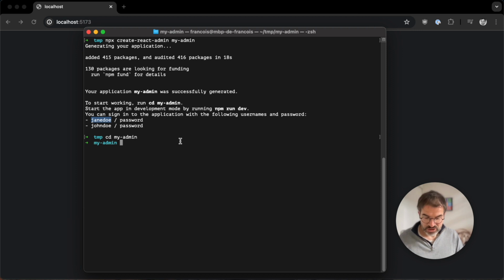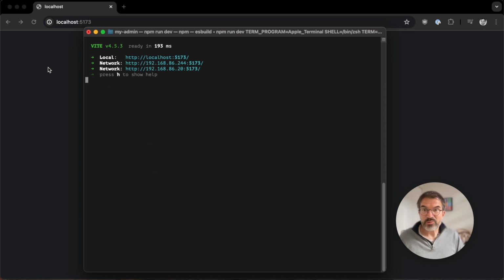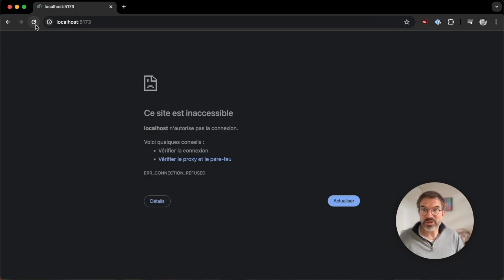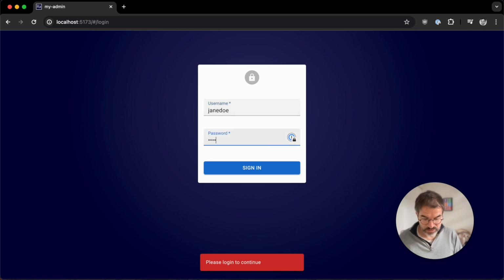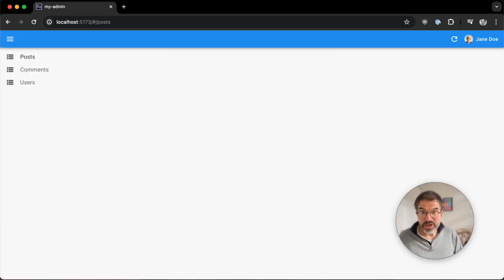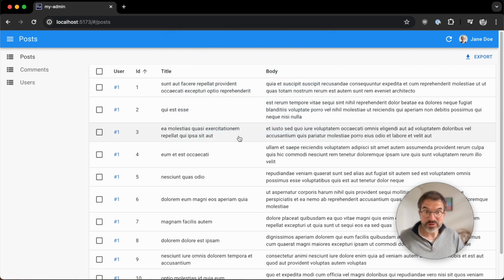Let's take Jendo. So npm run dev, and now on port 5173, I will have to log in with Jendo and password. My browser won't be happy because it's a bad password, but you will obviously have to change it.